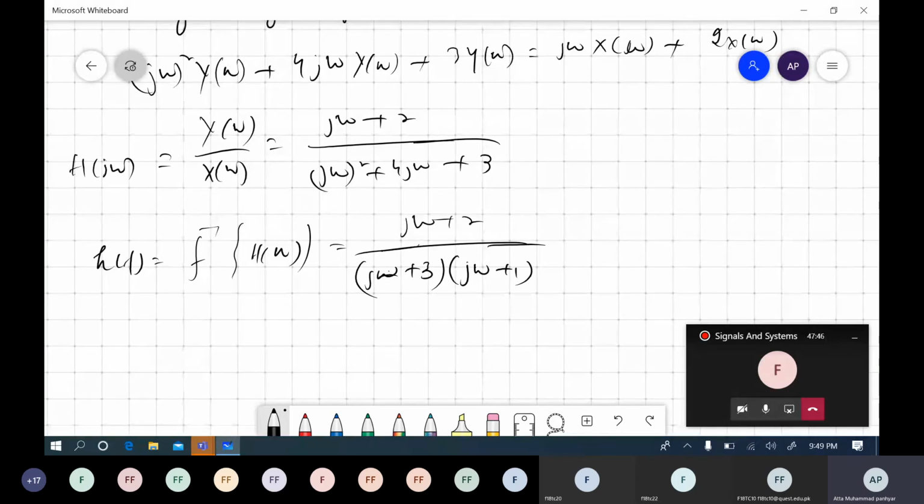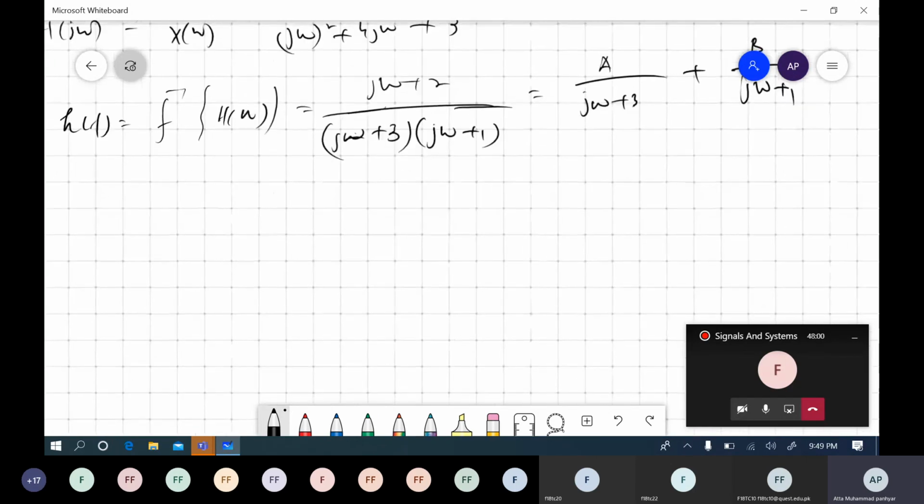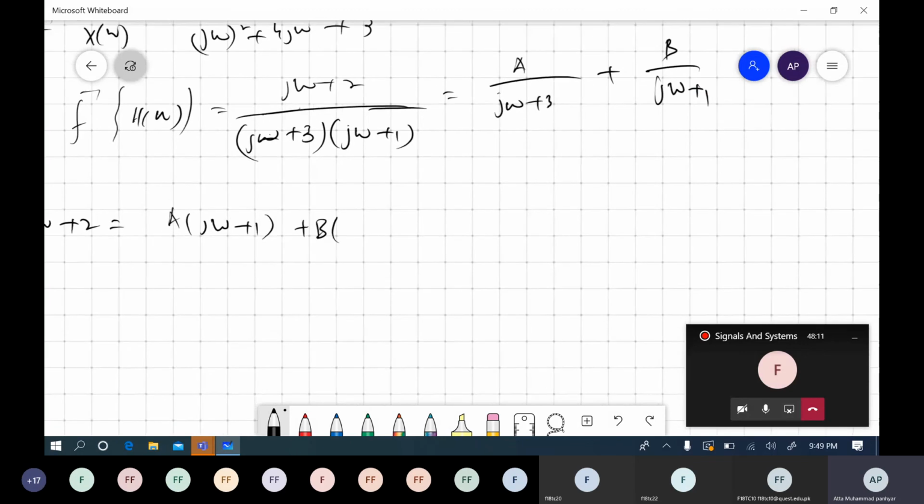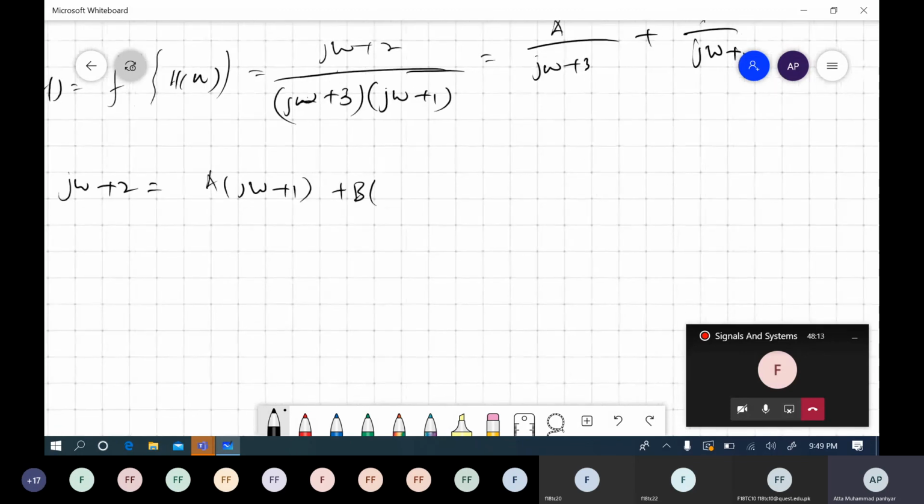Now further solving it using partial fractions, A over j omega plus 3 plus B over j omega plus 1, right? And now j omega plus 2 must be equal to A (j omega plus 1) plus B (j omega plus 3),